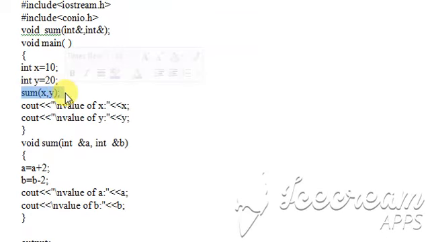So when we call from here, the control comes to the function. It will complete its process, receive the value of X by A, receive the value of Y by B. A +2, 10 + 2 is 12, B 20, 20 - 2 is 18, value of A 12, value of B 18. Again after completion, the program goes into the main function and it will print the values of A and B, 12 and 18. Now we will print the values of X and Y.